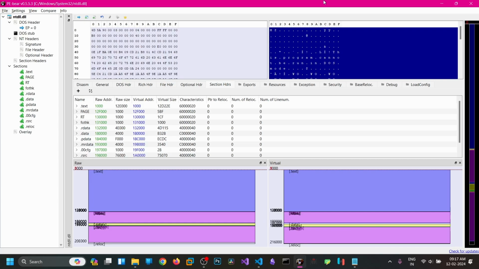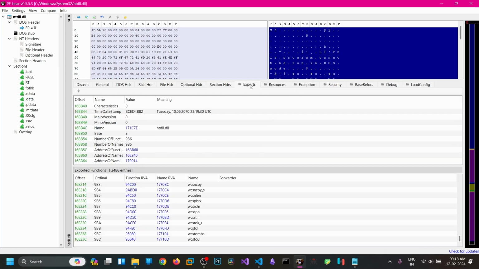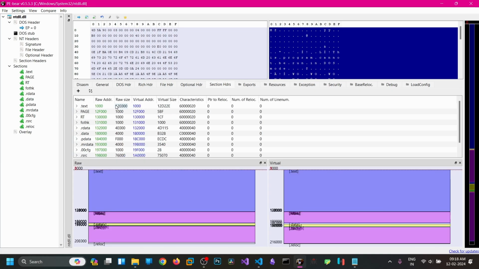So in this video we'll be seeing how to unhook the DLL from our process. Unhooking means the EDR will generally place the hooks at the function beginning to capture the parameters. Those functions will be in the text section. If you go to exports, you can see the function related to virtual offsets, these 94380,